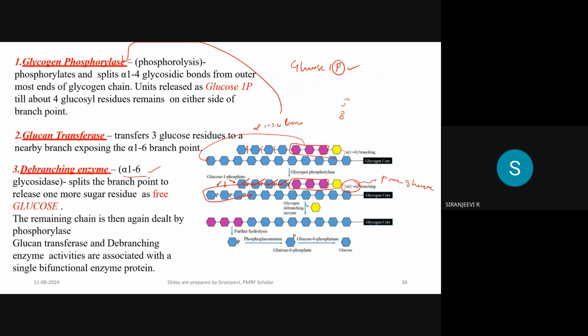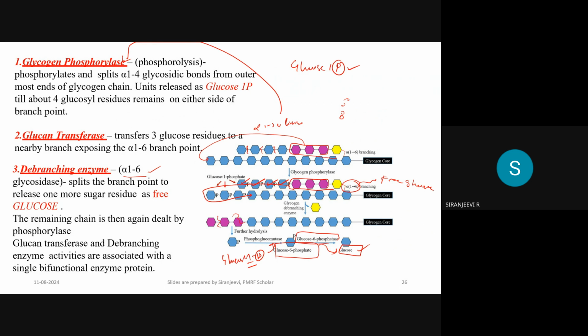Then whatever is formed here, again that enzyme will come. What enzyme? This glycogen phosphorylase. Then further it will give glucose 1 phosphate. The glucose 1 phosphate, by the action of phosphoglucomutase, will be converted to glucose 6 phosphate. And the glucose 6 phosphate, by the action of glucose 6 phosphatase, will be converted into glucose. So this is a very simple process. First, glycogen phosphorylase will come. It will break the alpha 1 to 4 linkage until 4 residues are left in the